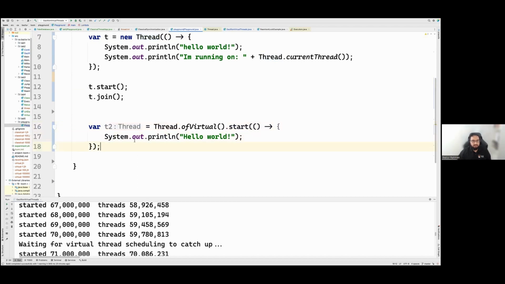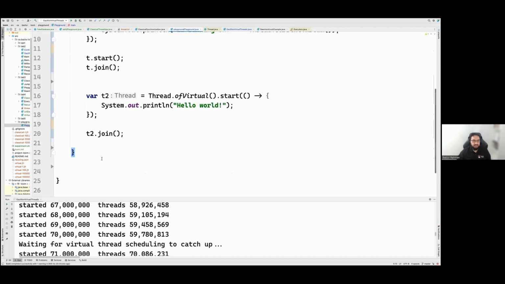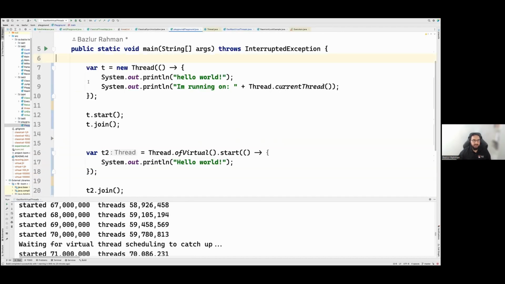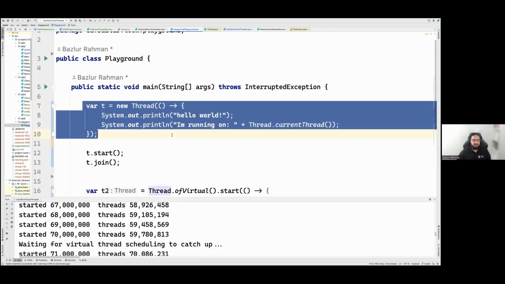Since it's going to start immediately, we can join over here. Otherwise, from this curly brace to this curly brace, we have the main thread, and it is going to execute all of these things. What the main thread does is create a new thread and hand over all this code to that thread.